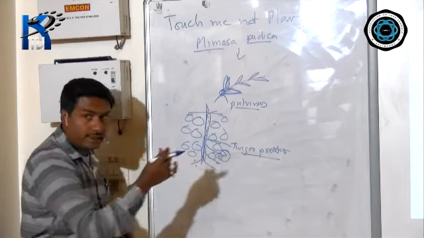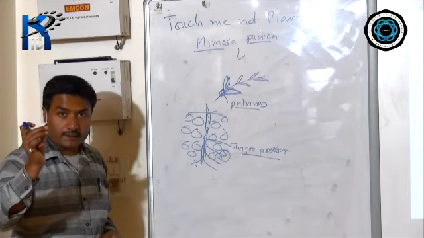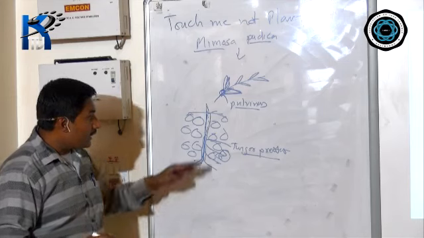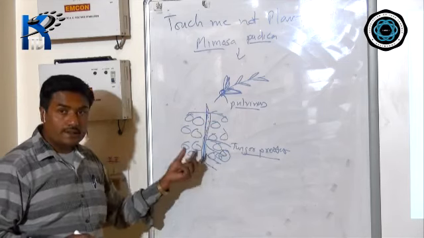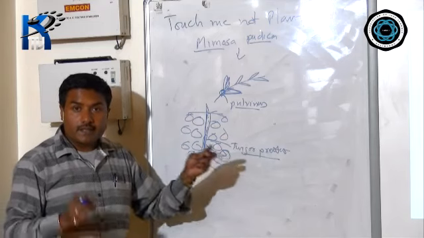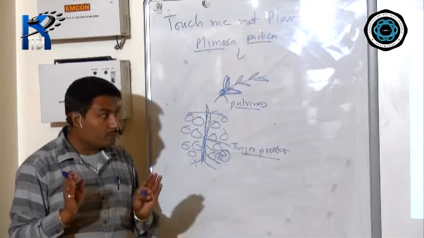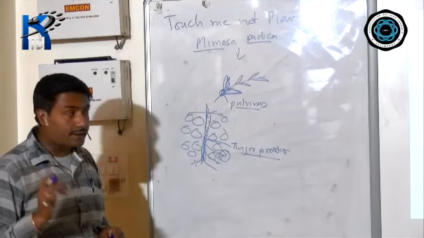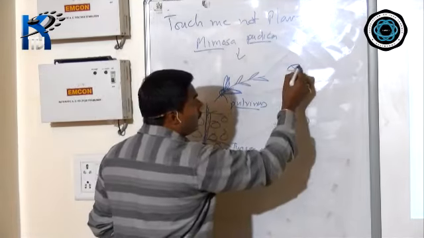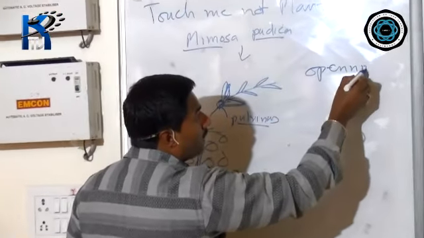Root hairs, when you just pull them out, are so delicate in nature, but you will find that even in the hard crust of the earth, the root is able to penetrate it. It is all due to the turgor pressure. Another importance of this turgidity is the opening and closing of stomata.